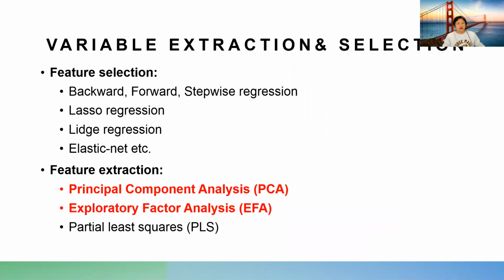So here are some statistical approaches for feature selection and feature extraction. Feature means variable, so sometimes it is called a feature. Variable selection and feature selection are the same. Backward, forward, and stepwise regressions are very commonly used in regression analysis. And lasso regression, ridge regression, elastic net regression, those methods penalize